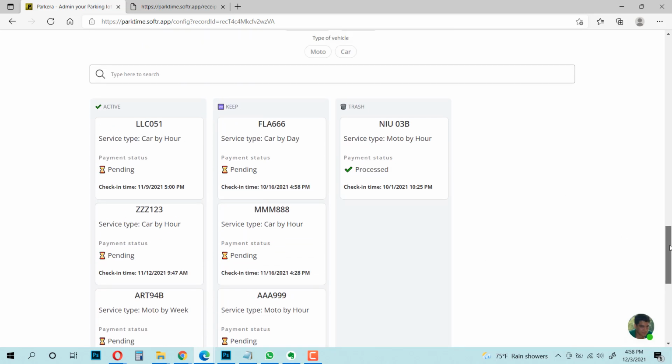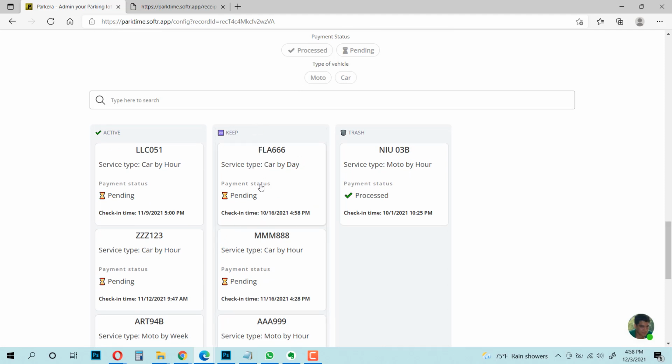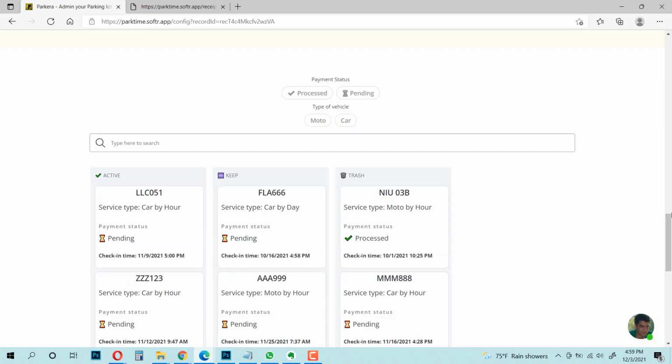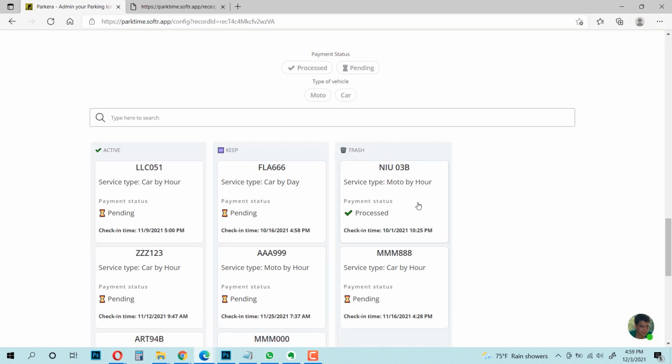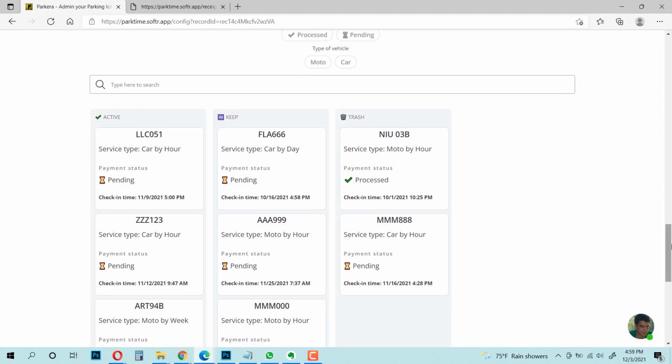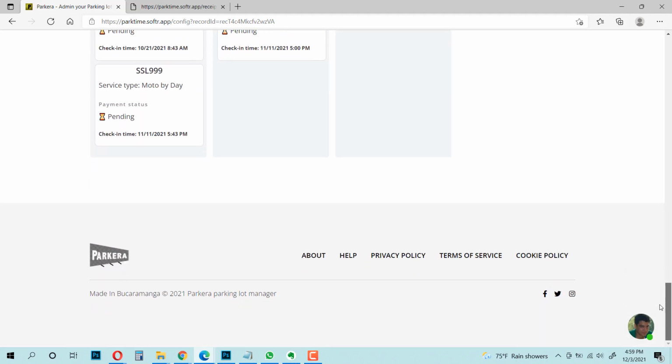Now, if you also need to erase these services that you were keeping, you simply drag them to the trash column. They will eventually get deleted, in 5-6 hours probably. This record will be forever gone.